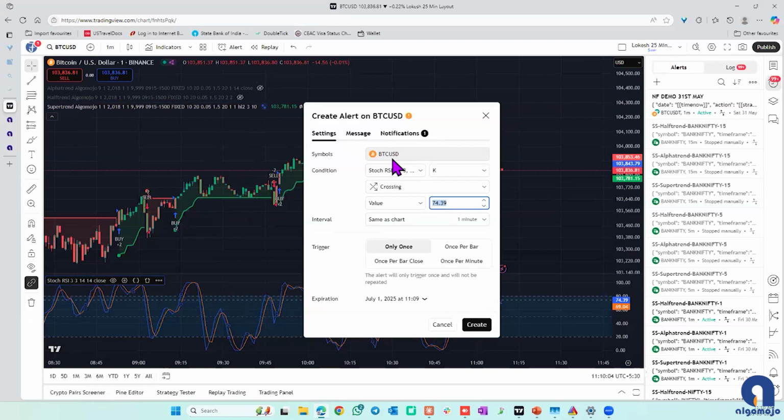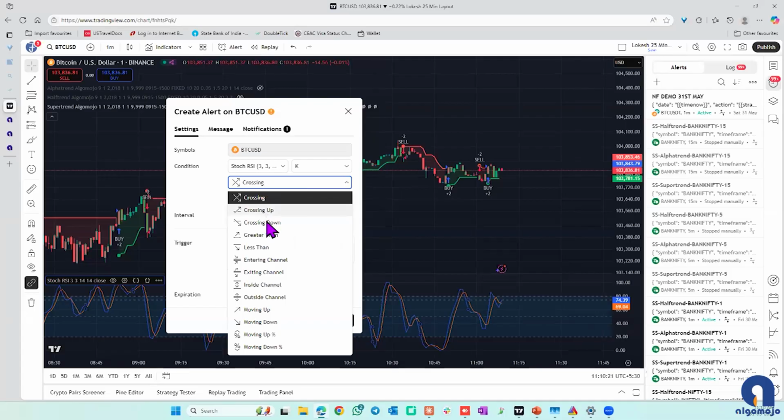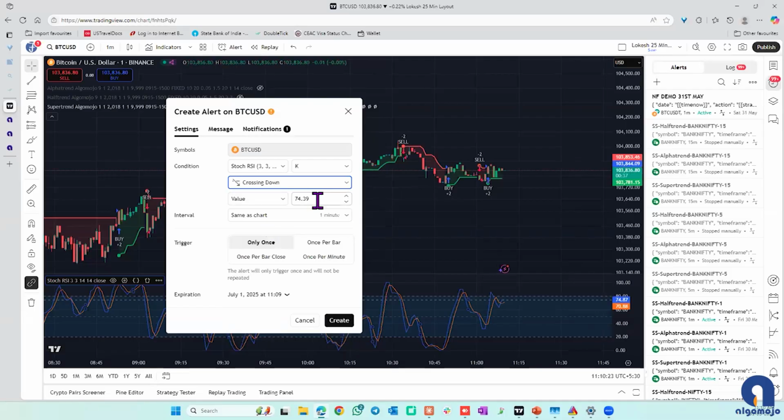For example, say we say that the RSI currently is around 74. So we will say that we want to take an entry into a PE when the RSI comes below, say, 50. How do we do that? You can say that if the RSI is crossing down a value of say 50, and if the bar closes and the RSI remains below 50, then only take the entry is what we are saying for the